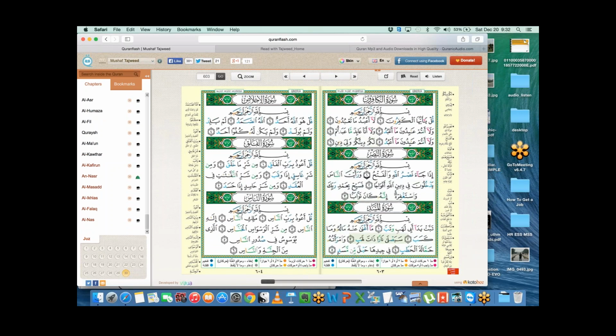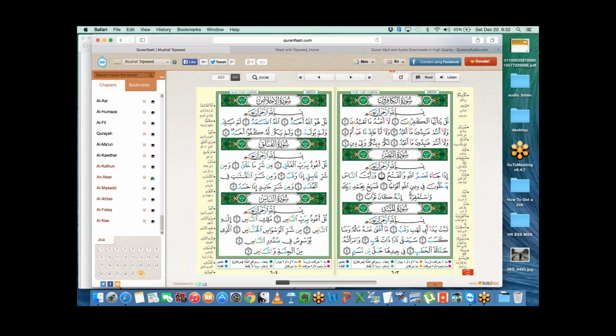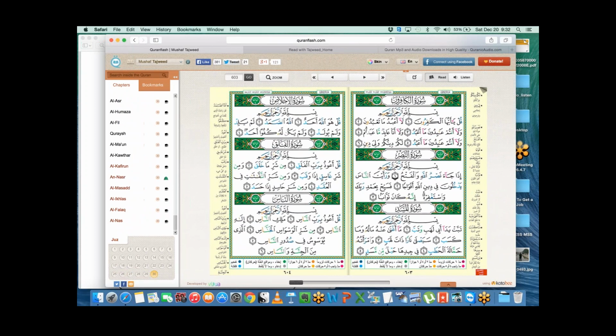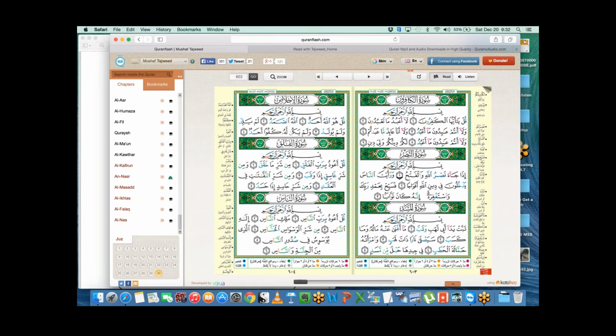Okay, so let's start with Surah An-Nas. We'll go ahead and read Surah An-Nas, and then we will give each of you a chance to read. My intention is to, inshallah, correct any pronunciation errors that you might have. Once you correct them, you should be able to memorize these surahs. We will have you read them from memory the next time.